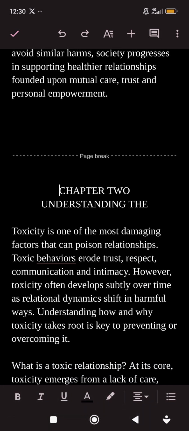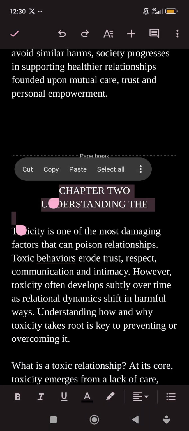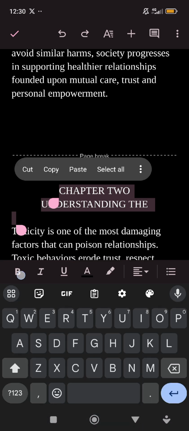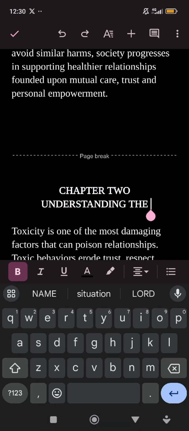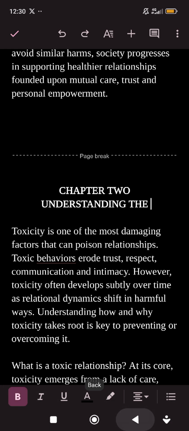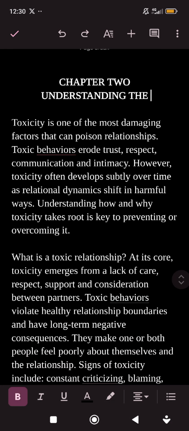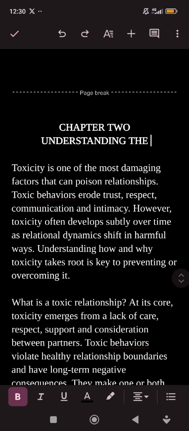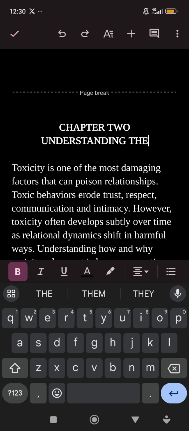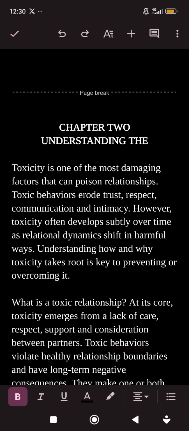So what I will now do is highlight this chapter 2 and make it bold. You see it's now bold. So whether you read your book or before you publish any book, I know this thing is not complete, but you understand where I'm coming from. Ensure that for this chapter 2, of course, you will write the title of that chapter. So you will read your book before you publish.